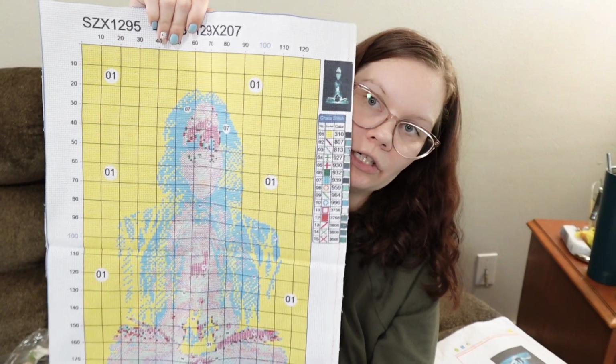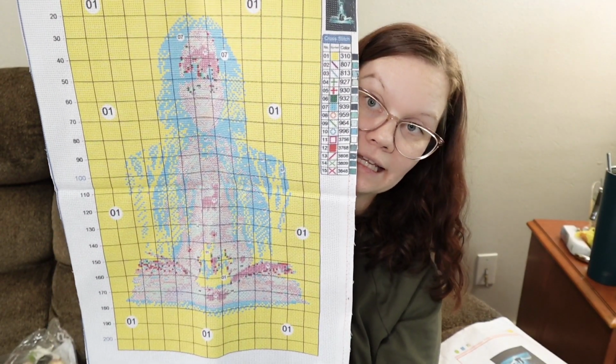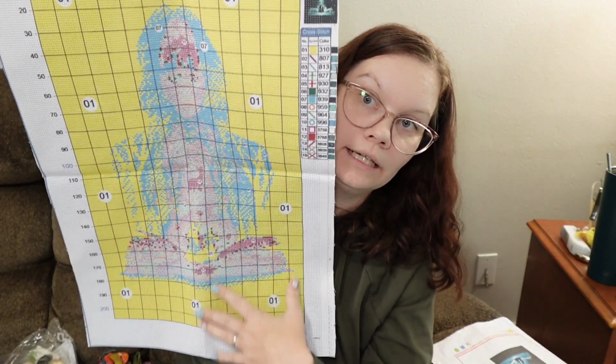So again, not serged, but really big margins, and I can see the pattern and where everything is. So yeah, we'll try it out. Better than my 14 count because I was really struggling with my 14 count. All right, and